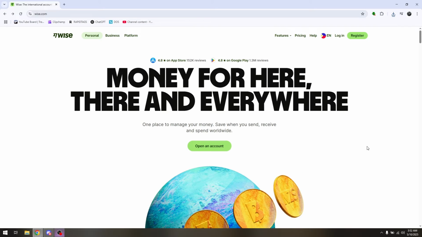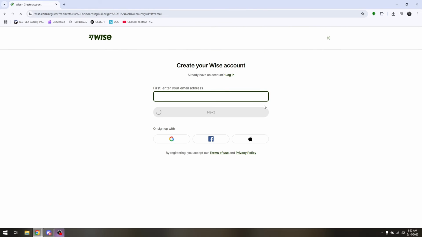So once you're on the wise.com official site, what you want to do next is to either click on open an account or register. If you click on register, you will be redirected to the registration page. Wise actually creates tons of different accounts for different countries. So if you will be creating an account specifically from Nigeria, Wise is going to be asking for a Nigerian phone